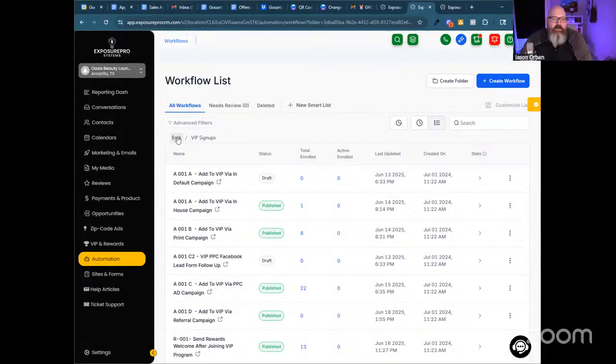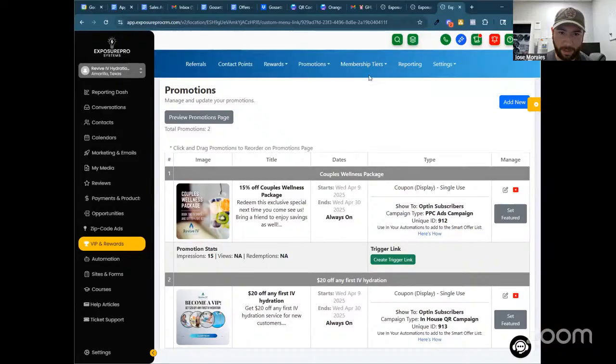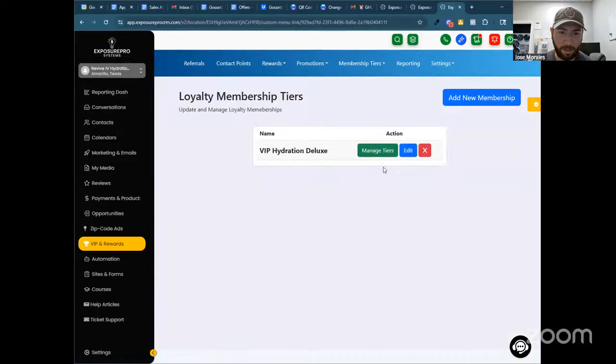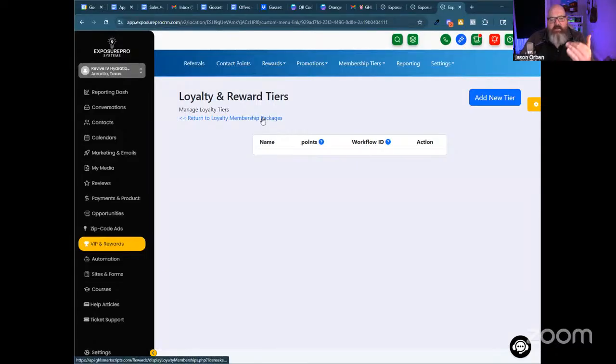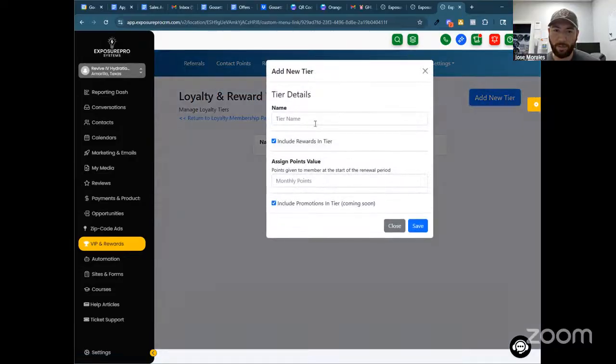Okay, cool. But my question here: on this account, if I go to membership tiers, the membership is just to add a plan, right? And then the tiers is to add different tier levels under that plan. So the membership package, and then the tiers under that package. If I want to make a tier, let's say I wanted a gold, and then save,